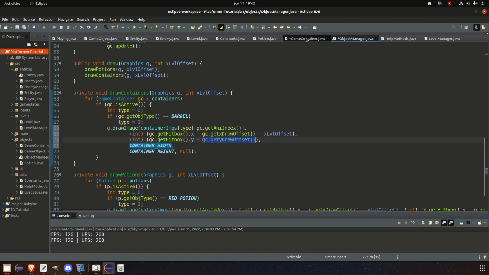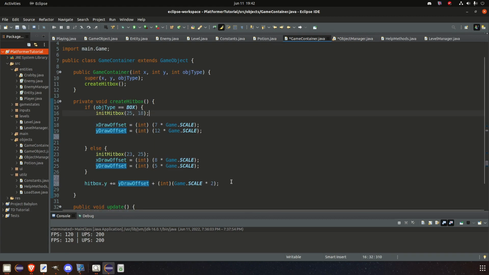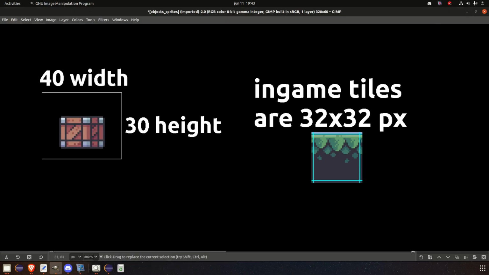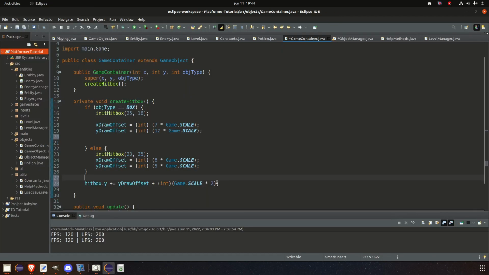So we need to move it back again, or rather move it down once again, so we get it in the correct position from the top left corner. And we get this 2 from the difference of the sprite to the tile. The sprite is 30 pixels in height, and the tile is 2. So if we were only adding the Y offset, let's copy this and give it a try, and then we draw it,